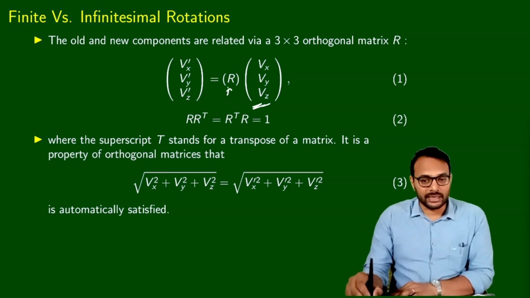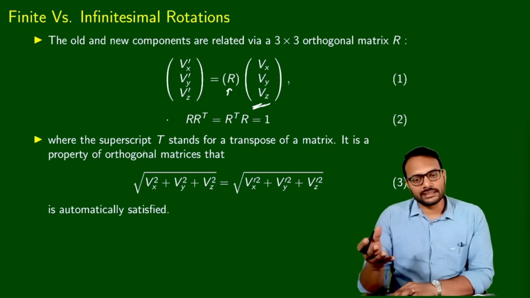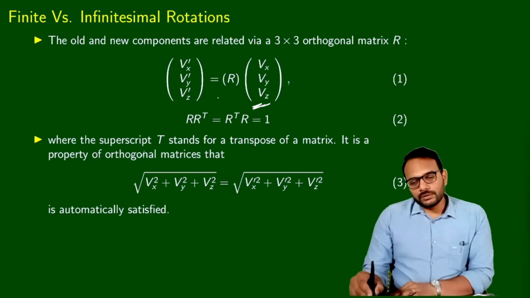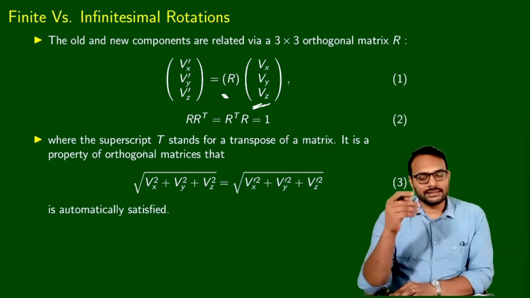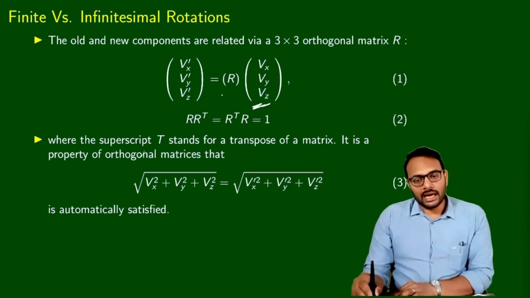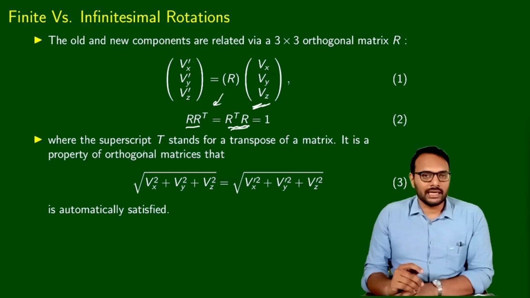This is a 3 by 3 orthogonal matrix, as we have already learned. An orthogonal matrix is a matrix whose transpose is the same as its inverse. In other words, R is an orthogonal matrix if R transpose R is equal to